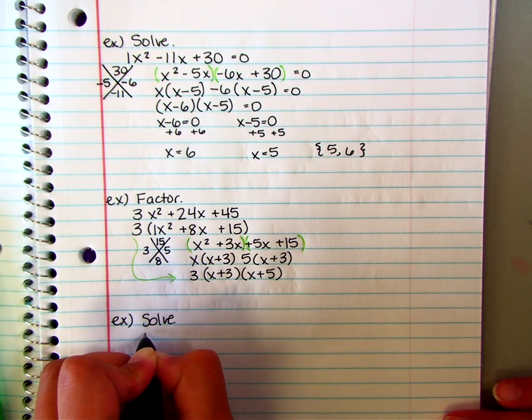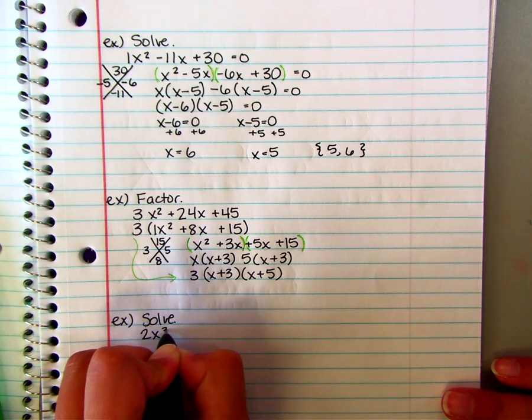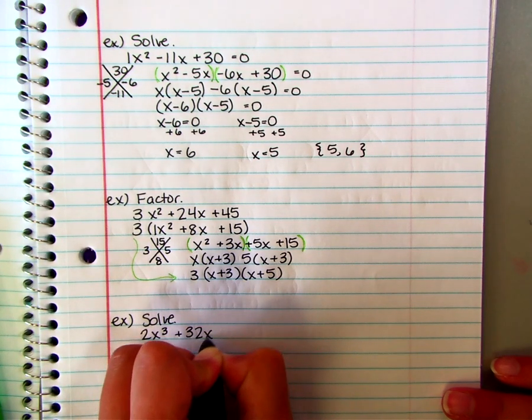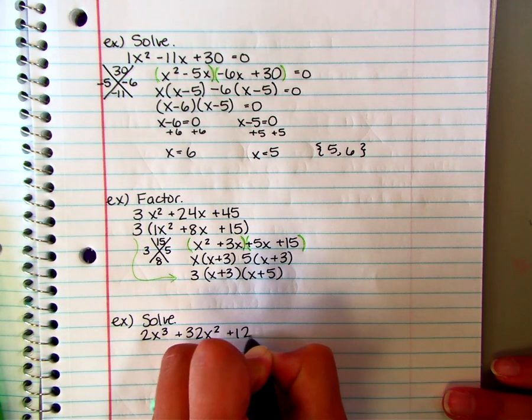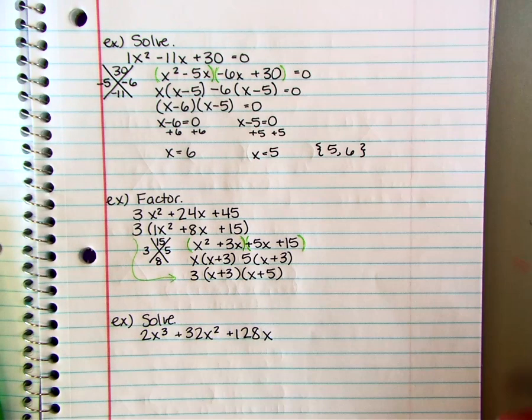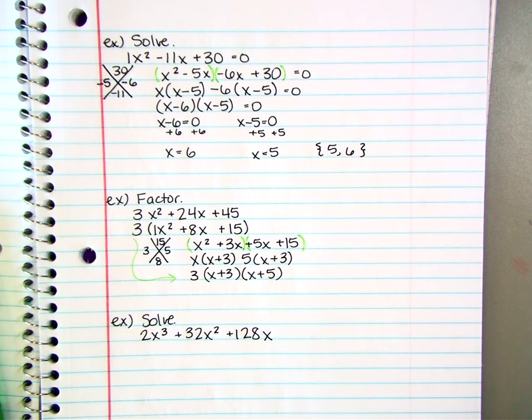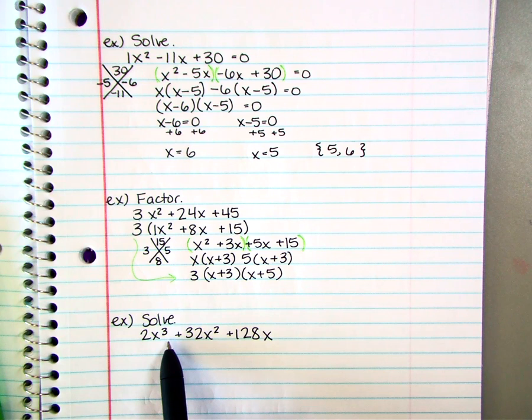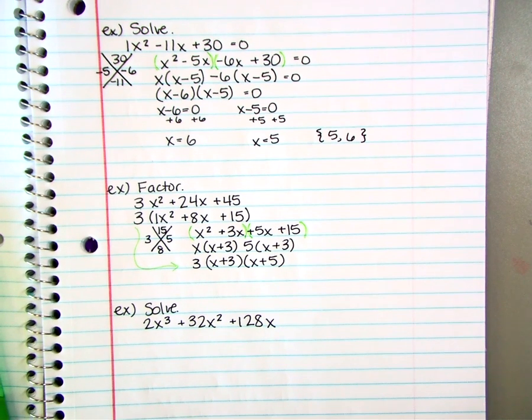Let's see. 2x to the third plus 32x squared plus 128x. Pretty big numbers, and notice that we have an x to the third, so this polynomial has a degree of 3. And so we don't really know how to factor that,